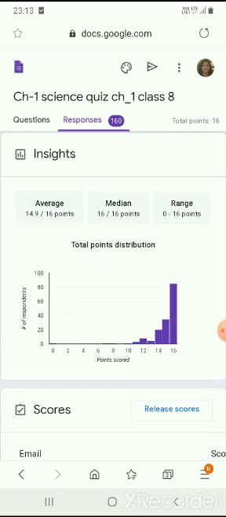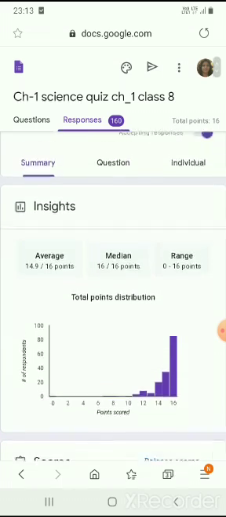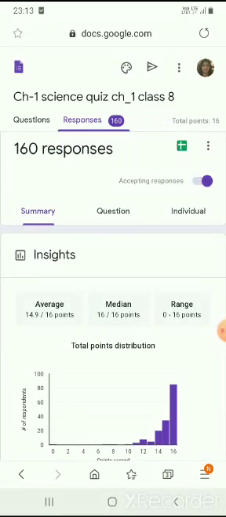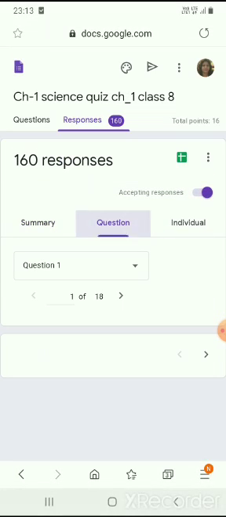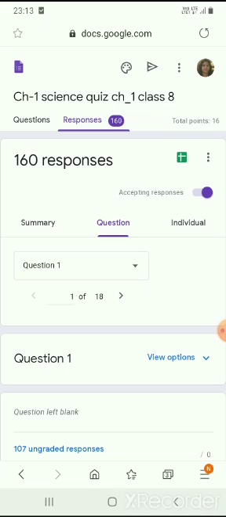Once they have attempted the quiz, after getting the score, this score will be automatically uploaded in the sheet, and in this way we have the complete details of the student, about the marks, about the individual question also. So many options are there. Keep on trying with them.